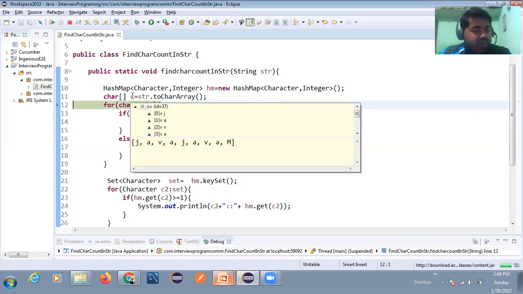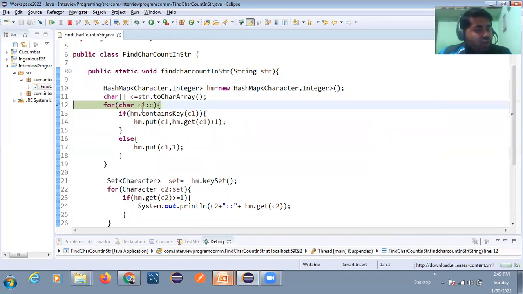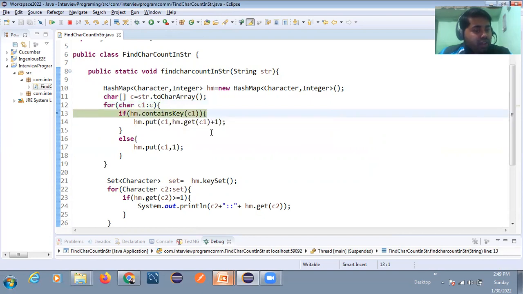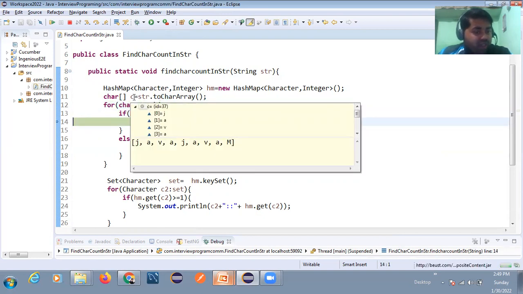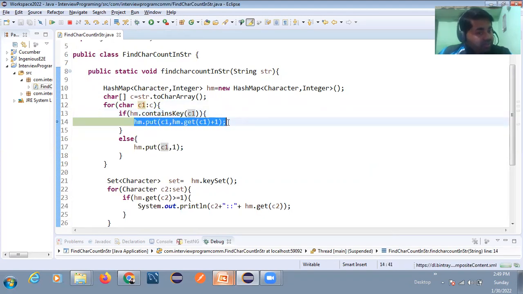Again you can see here, just go here, you can see J is mapped. So this is the empty map. But now you can see Java, and now it will increase the value by 1. You can see in JAVA, A is already there, right? So if A is there, then it will enter this block.